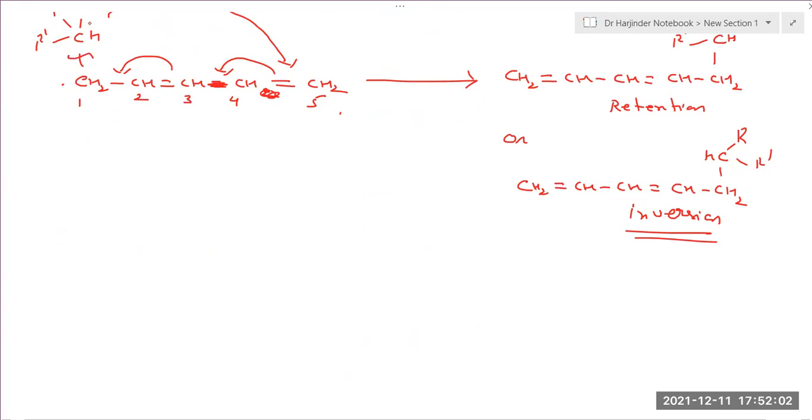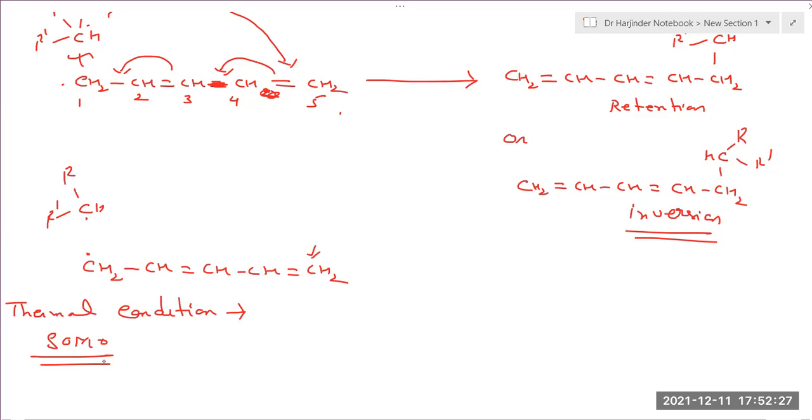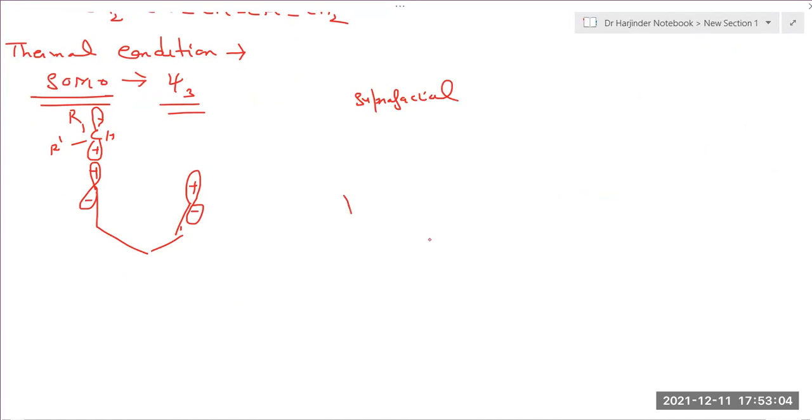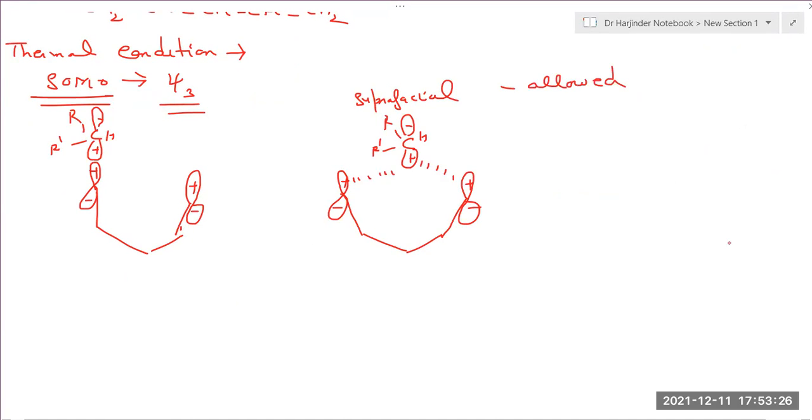Okay, so again, how does this reaction take place? This will undergo a homolytic bond cleavage over here. So you get this CH2 radical, CH double bond CH single, this radical. So in thermal condition, what is your SOMO in this case? Psi3. These terminal lobes, same sign. Same sign. So suppose this is your reaction. So in suprafacial manner, allowed, sir. Allowed. Okay, so this reaction is allowed, and it will take place with retention or inversion in configuration? Retention, because this will move as such, it will not rotate, because positive is on the same side, with configuration.